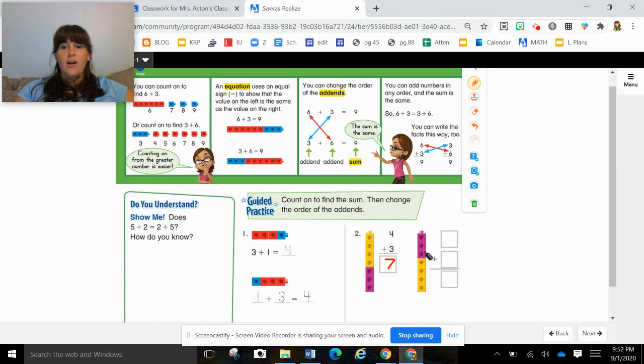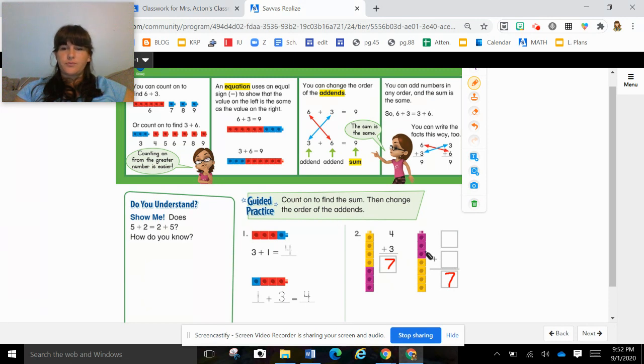So I already know because I listened to Miss Acton's lesson yesterday, did her assignment, paid attention to the video today, and watched her do the first example on the first page of this lesson in the workbook. So I know that these are going to be the exact same numbers because all they did was take this group of connecting cubes and switch it to the bottom, and this group of connecting cubes and switch it to the top. We didn't add any connecting cubes. We didn't make any connecting cubes disappear. They're all there. So I know my answer is still going to be 7,